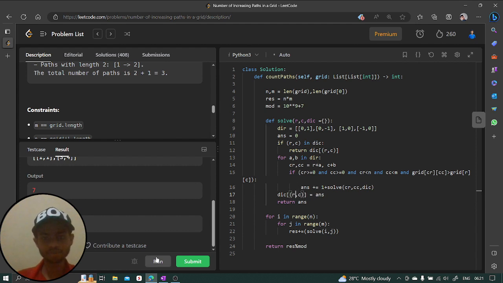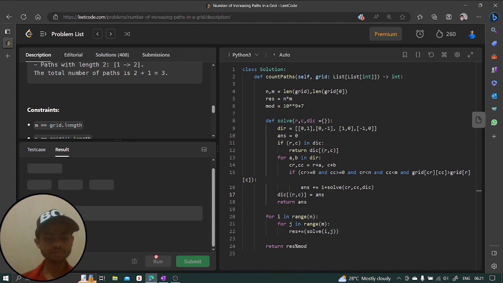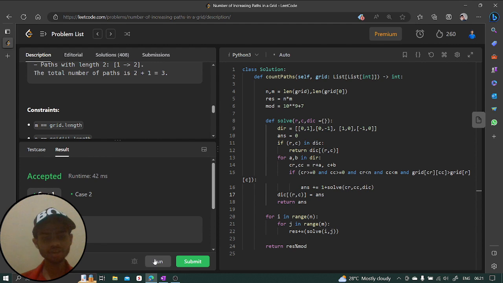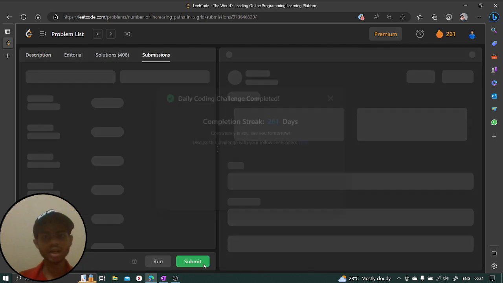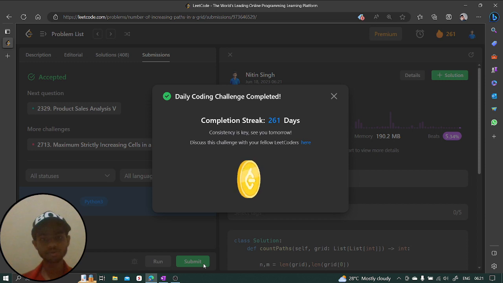Let's run this code, and I hope guys it will get submitted, right? So you can see both the test cases passed. Now let's try to submit this code as well, and we believe it should get submitted, right? So let's see. It's taking some time. Here you guys can see that it's successfully submitted. So we have successfully implemented it with Python, and you can easily implement it in Java, C++,